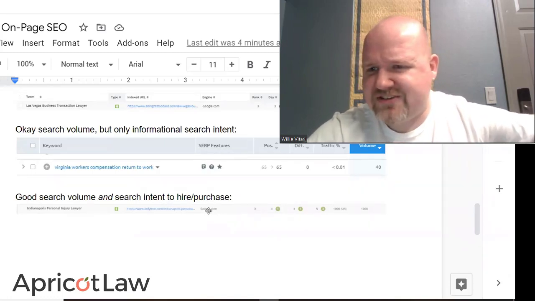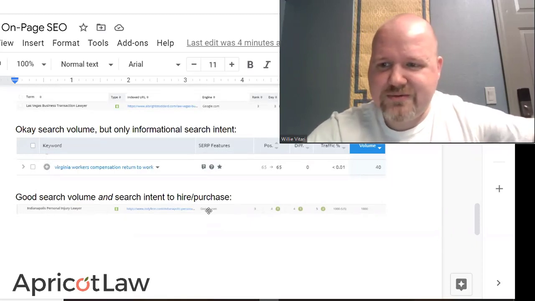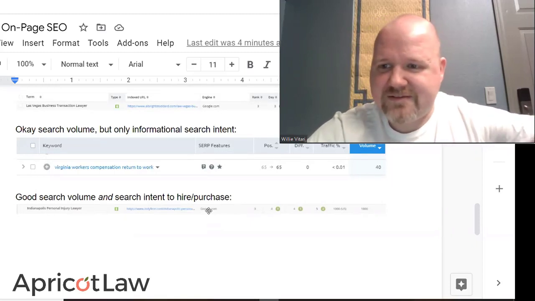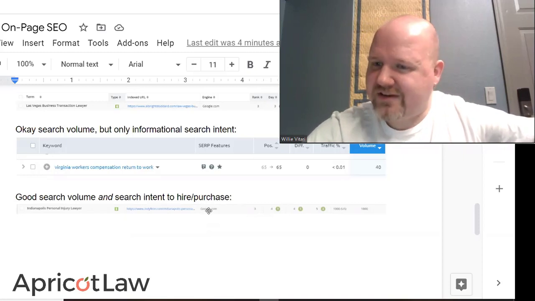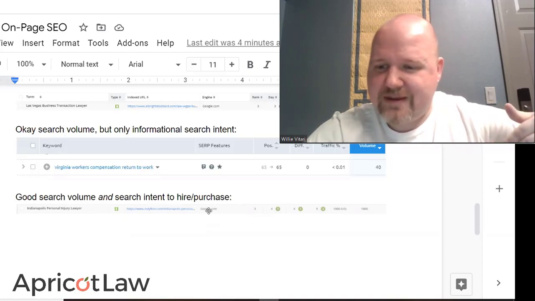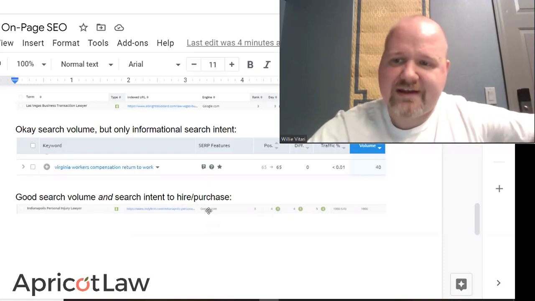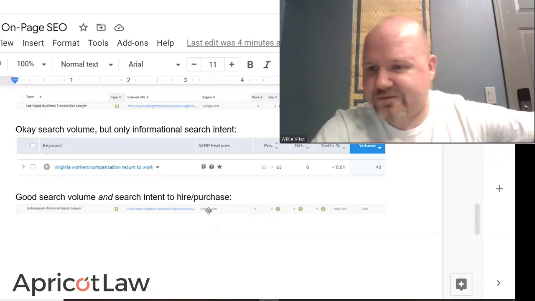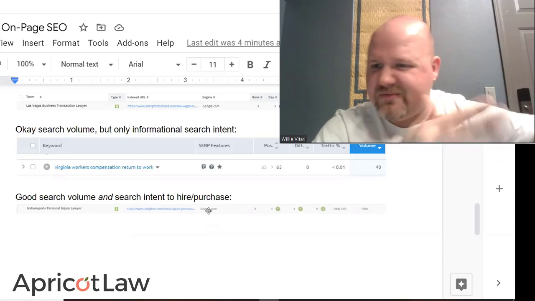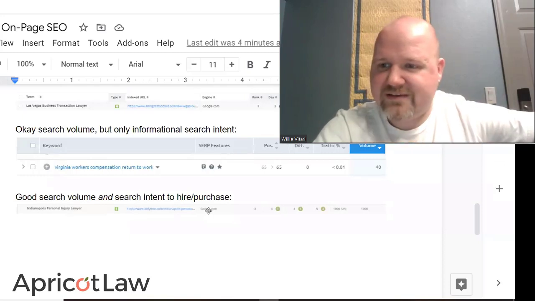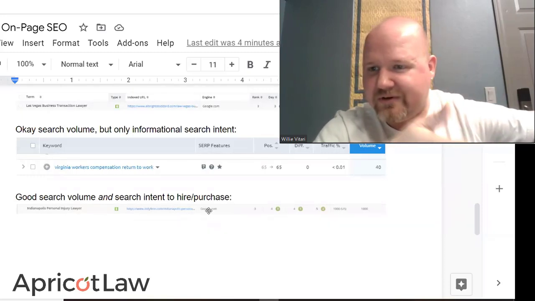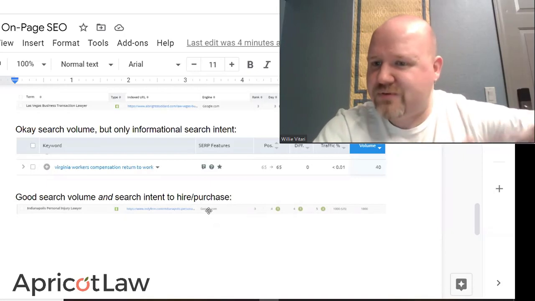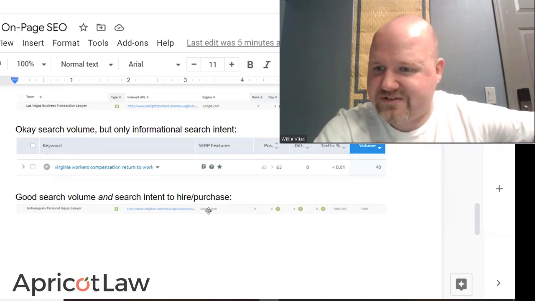I should also probably make a distinction between what we usually refer to as target keywords and long tail keywords. Target keyword tends to be more of an in-house term for Apricot Law, but we usually regard it as a keyword where there's very little variation in how users search for it. Car accident lawyer, for example, is pretty clean cut. There are variations like car accident attorney, and when you attach a geo to it, you can flip it around, like Indianapolis car accident lawyer as compared to car accident lawyer Indianapolis. But generally speaking, it's pretty easy to predict how the user is going to punch it into the search engine.